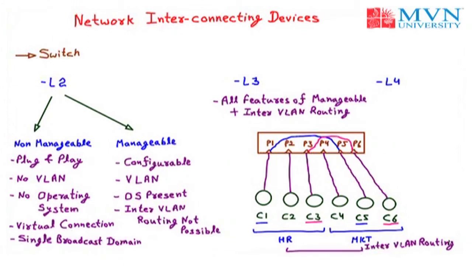But the layer 3 switch again has a few problems, just like it can't communicate with all the layers of any model, such as the OSI model or the TCP model. So that is again a problem in the layer 3 switch. So we have the next type of switch, the L4 switch, which contains all the features of the layer 3 switch, as well as it can communicate on all the layers of any of the models, like the OSI or TCP model.